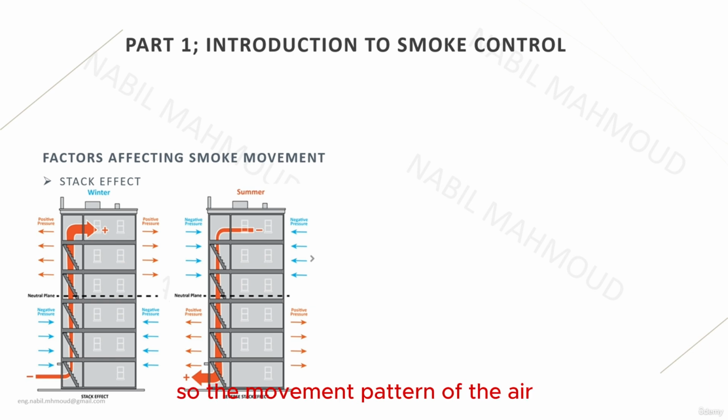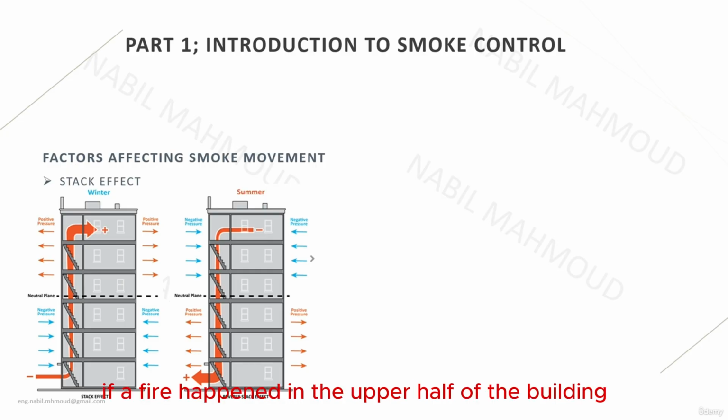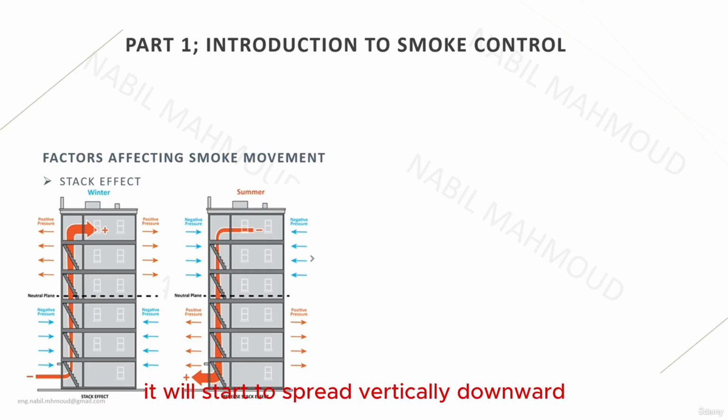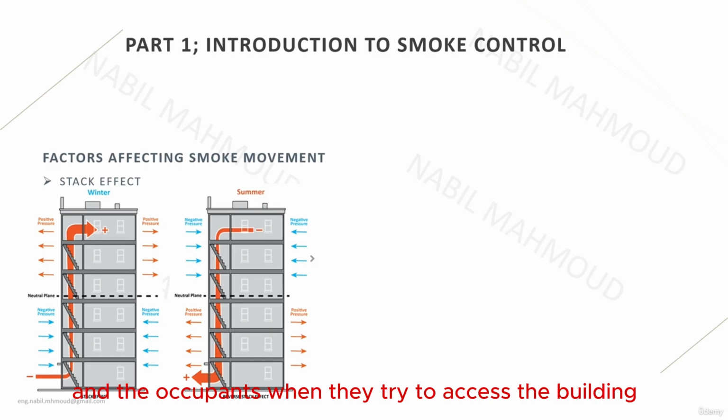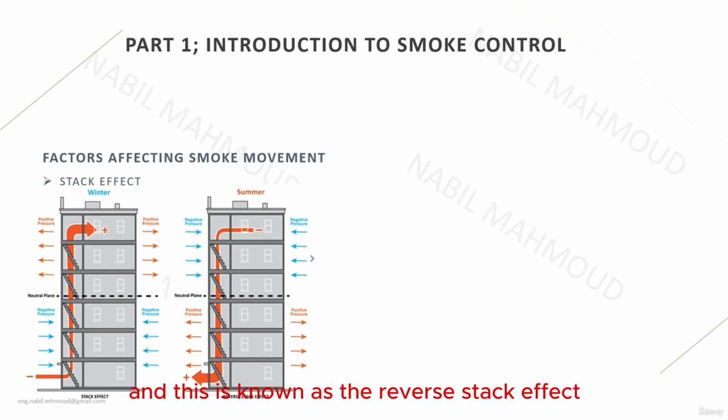So the movement pattern of the air in the large vertical enclosures like the shafts and the stairs will be from top to bottom. This will mean that if a fire happened in the upper half of the building, it will start to spread vertically downward in the shafts, although there is no motive to make it spread vertically downwards. And this is very dangerous for the firefighters and the occupants when they try to egress the building. This is known as the reverse stack effect, and it is a phenomenon that happens usually in the summer, while the opposite is true